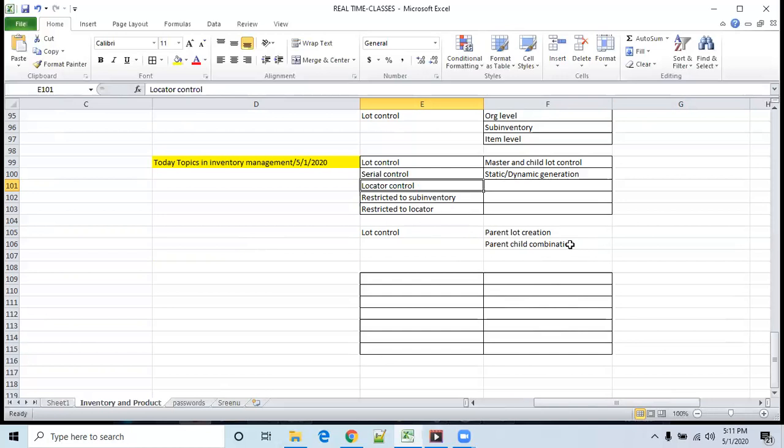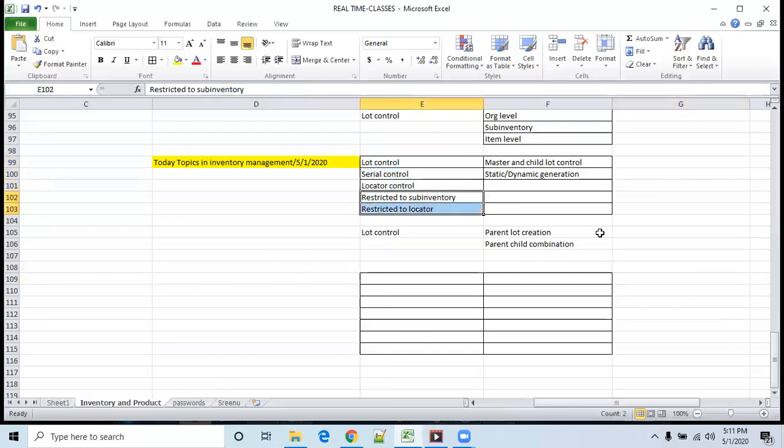See, one car on top of another, they are going to keep one more car. Why? Because they want to use the space in a proper manner, in such a way that we can reduce some of the costs. So that is locator control, and it is widely used in almost all inventory and warehouse operations.